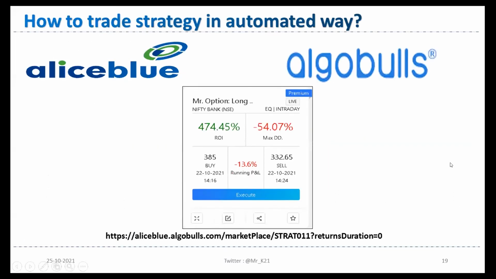Now coming to the question that it is difficult to trade manually. It is difficult for any person to sit on a system or a chart, and every 5 minutes juggle from here to there as Bank Nifty moves very fast. So AlgoBulls has made your life very easy. They have coded my entire logic and it is available on AlgoBulls. So I think yes, it is a good time for me to explain how it works.